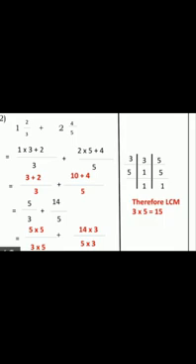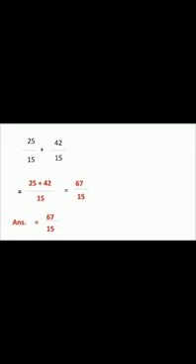And in the second fraction, that is 14/5, 5 is to be multiplied with what to get 15? 3. So that 3 is also to be multiplied with the numerator, that is 14. So it is 14 × 3 over 5 × 3. That gives 25/15 + 42/15. As your denominators are same, you are going to add 25 + 42 over 15, which is equal to 67/15. So your answer is 67/15.